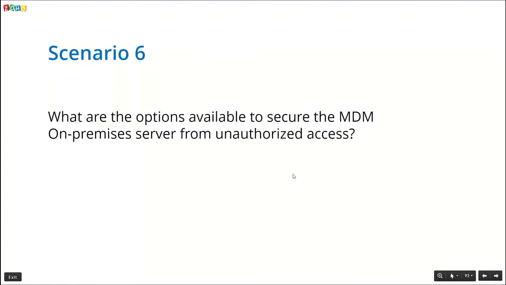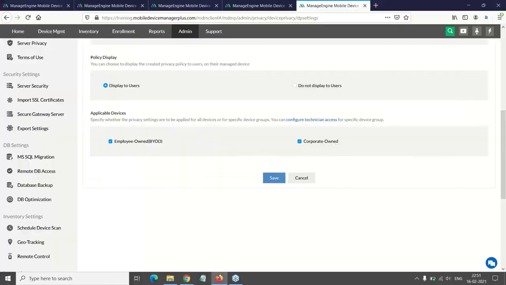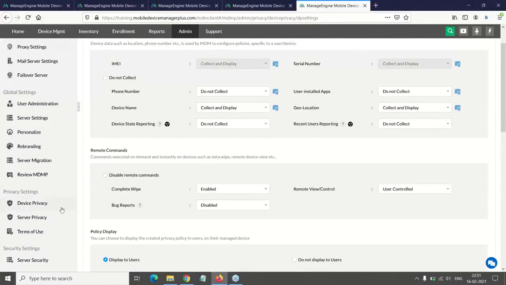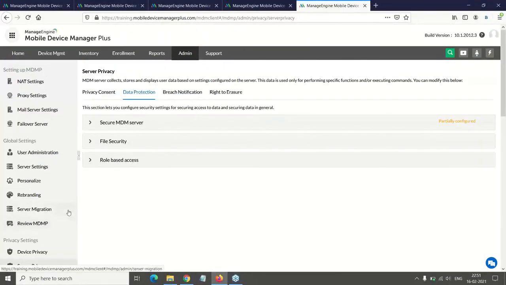So far we have seen how to secure the data on the managed devices from MDM. Now, how do we secure the MDM server from being accessed by an unauthorized person? So that can be configured under server privacy.